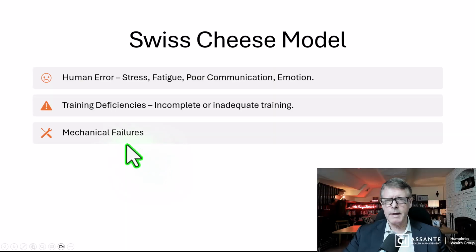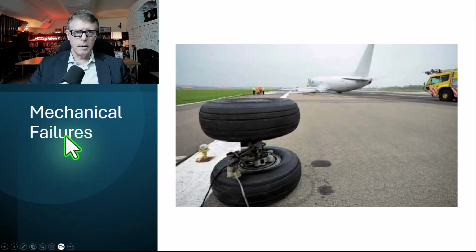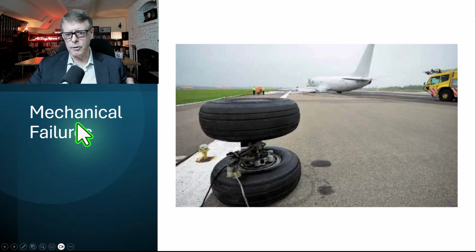Now, the next area is mechanical failures. Obviously, a big deal. If you're flying someplace, you don't want to have mechanical failures, ideally. And the airline industry has done a great job of dealing with this one. Even though failures do happen, you're far safer flying than you are driving. So obviously the industry has learned things over the years. They've got a process in place to greatly reduce the risk attached to mechanical failures.